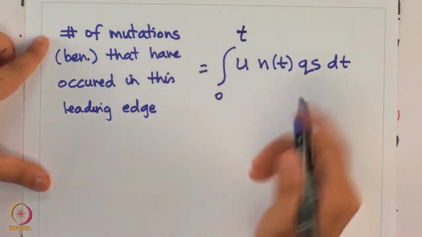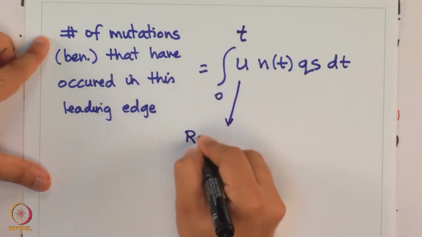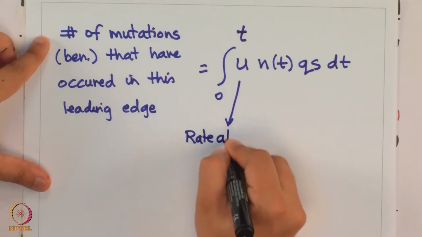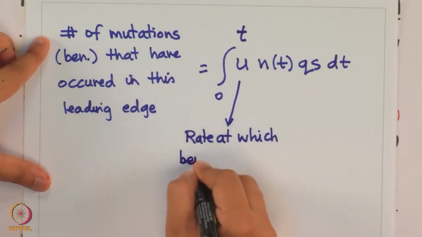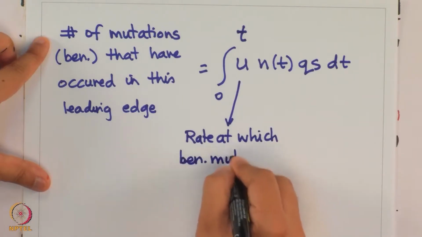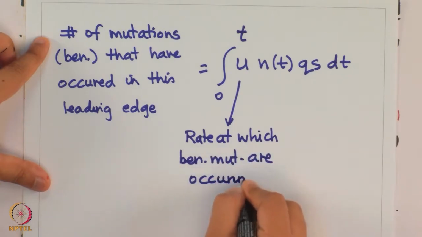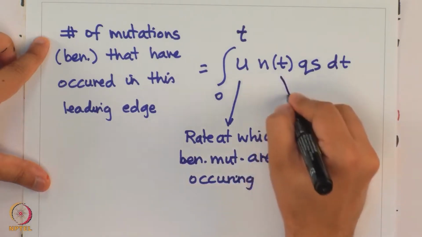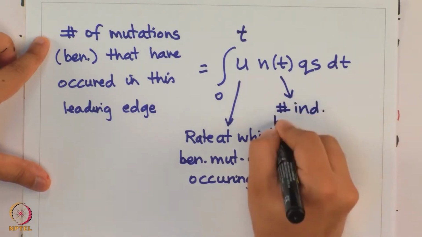What does this expression mean? U is the rate at which beneficial mutations are occurring, NT is the number of individuals in the leading edge,